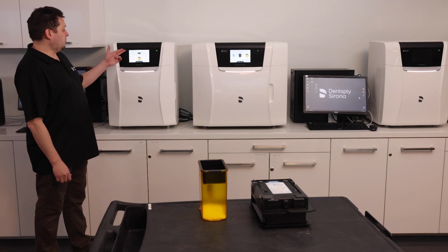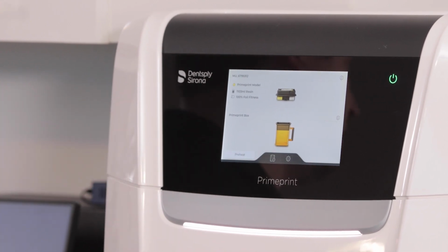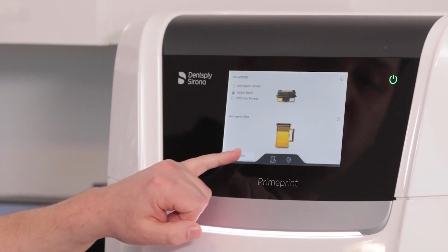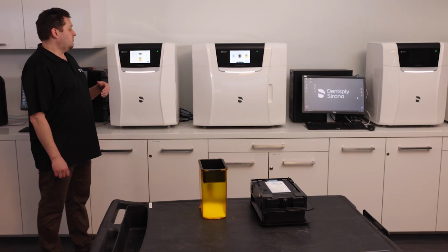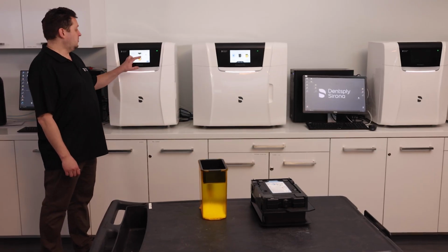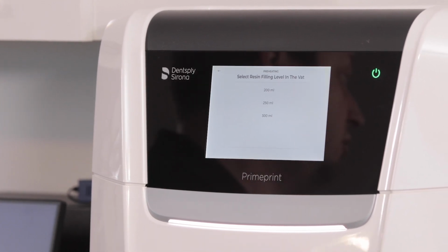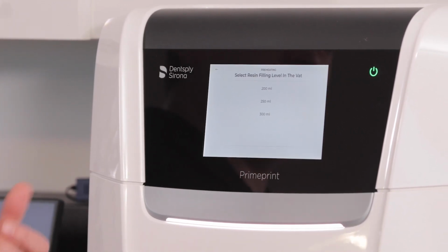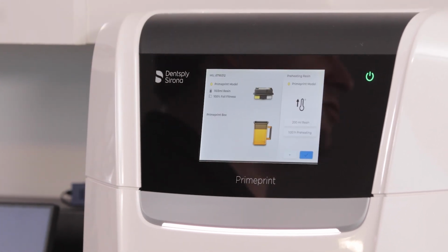Note that we have to have our resin that we're going to be printing with inserted, along with a Primeprint box. On the bottom left, we have the preheat button. This will bring up two options. The first one is how much resin we would like to add to the material vat, whether it be 200 milliliters, 250, or 300. Keep in mind, the more you choose to add, the longer it will take to dispense